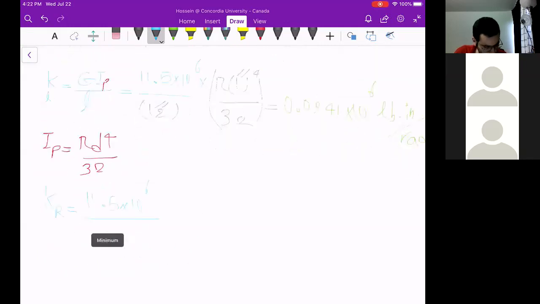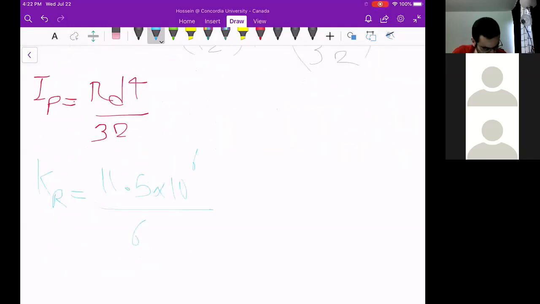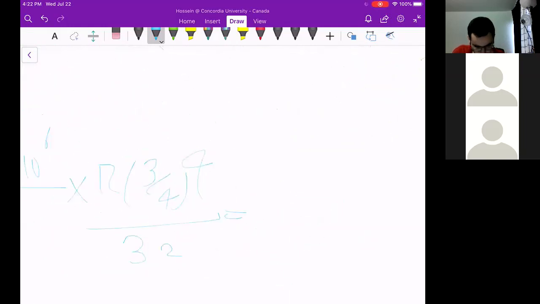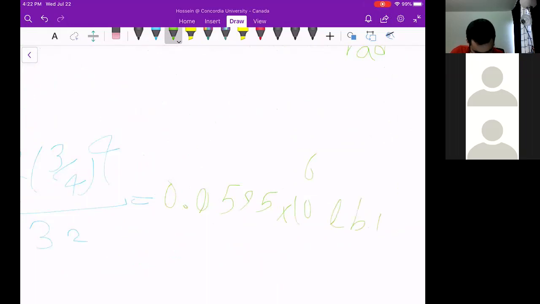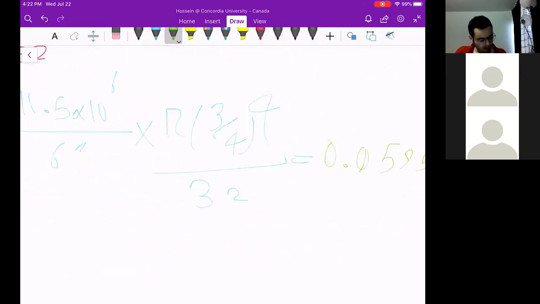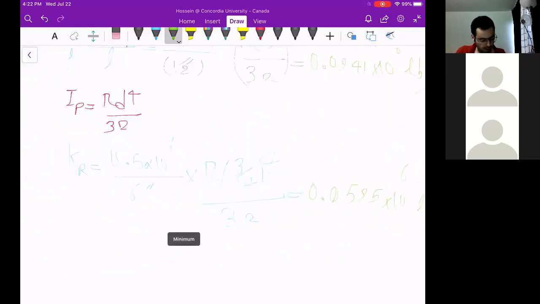The length of the right torsional beam is 6 inch multiplied by pi times 3 over 4 to the power 4 over 32, which is going to be 0.0595 times 10 to the power 6 pound inch per radian. So if I want to recap so far,